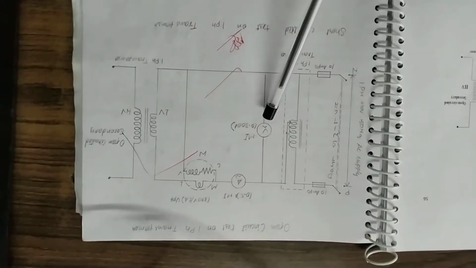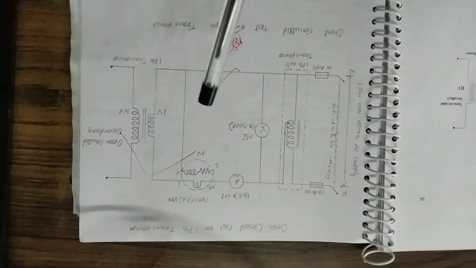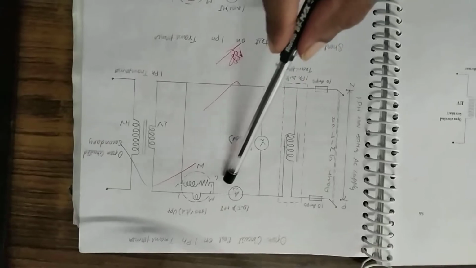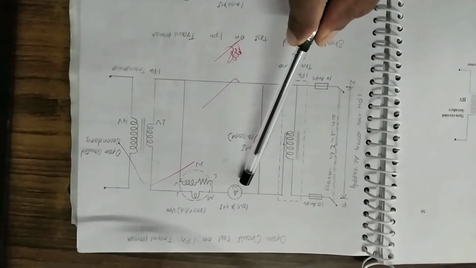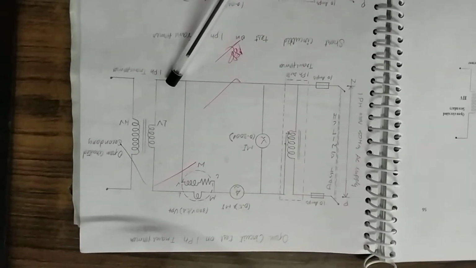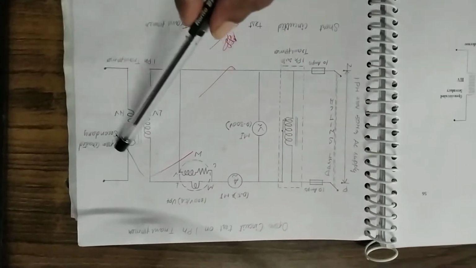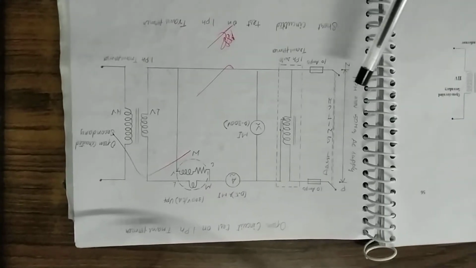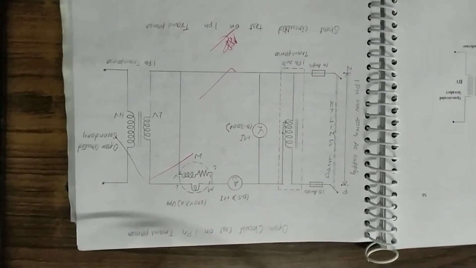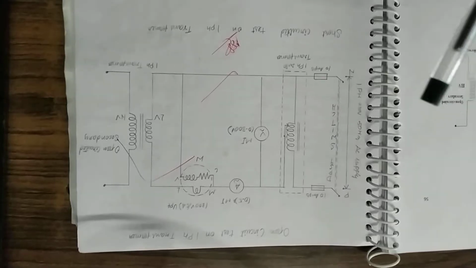The voltmeter is used to verify whether we are able to apply the set value of the nameplate detail. We use an ammeter to note down the no load current of the transformer. The wattmeter is used to find the power consumed by this transformer during no load condition. This reading is the core loss of the single phase transformer of 1 kVA capacity. We all know how to calculate the range for the ammeter and voltmeter.